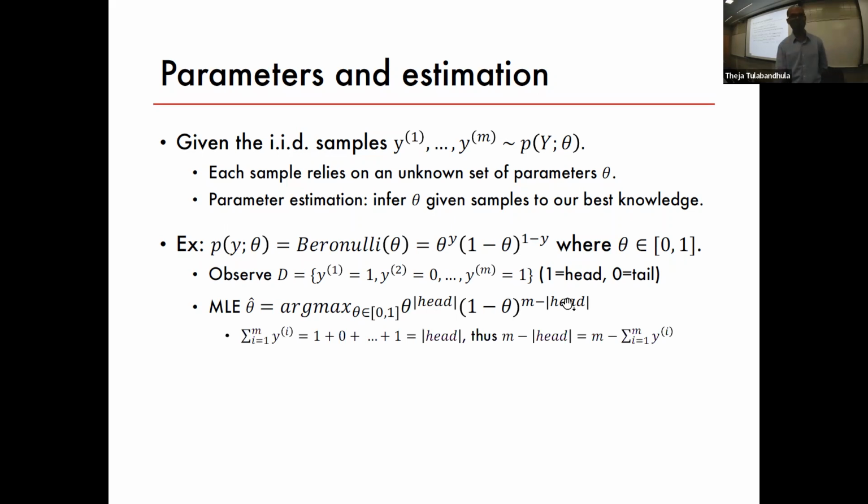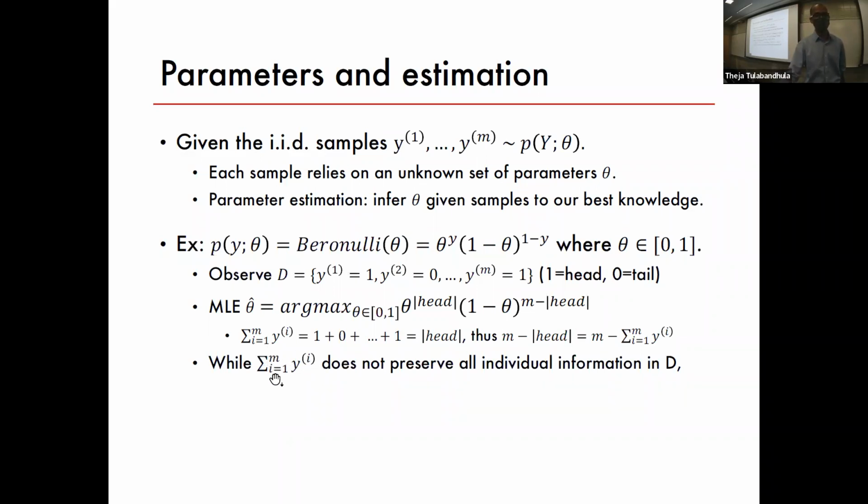So what is this number of heads? It is the sum over i equals 1 to m of yi. Remember, yi is either taking value 1 or 0. So the number of times it takes value 1 is exactly the number of heads, and the number of times it took value 0 is exactly m minus number of heads, which is the number of tails. I want to convince you that this is the likelihood function. It's actually related to question number 3 in assignment 2. So you have this likelihood function, you can maximize it and get an estimator, your parameter estimator theta hat.